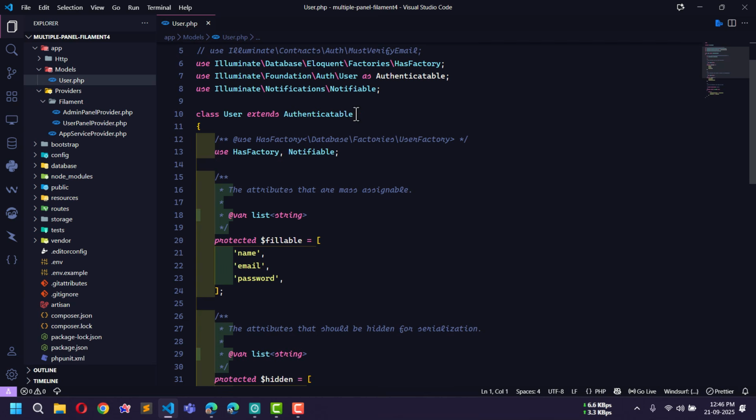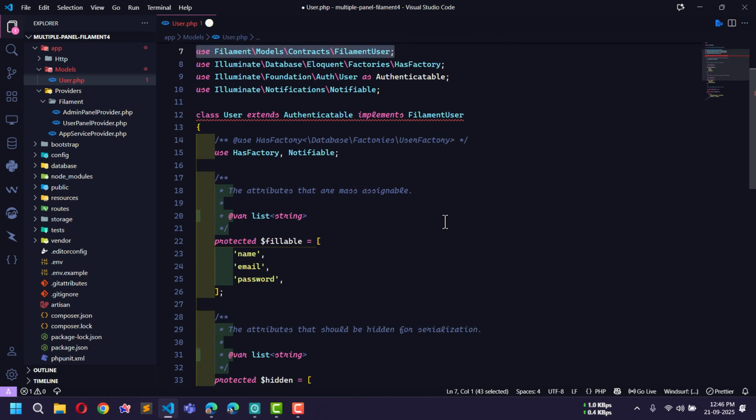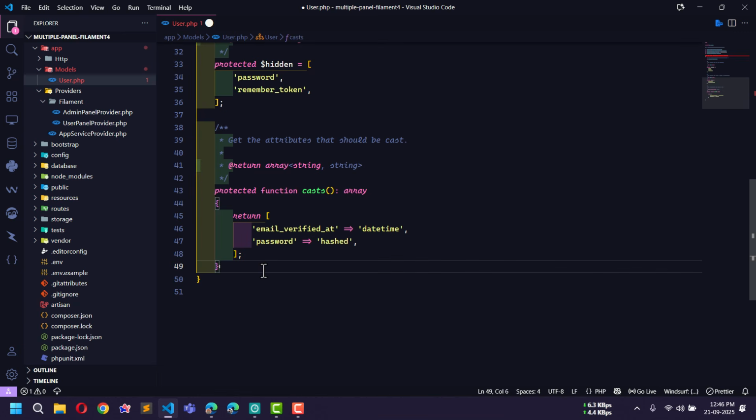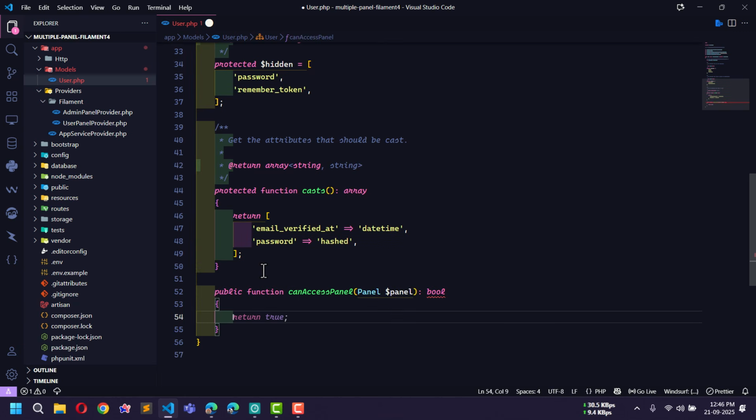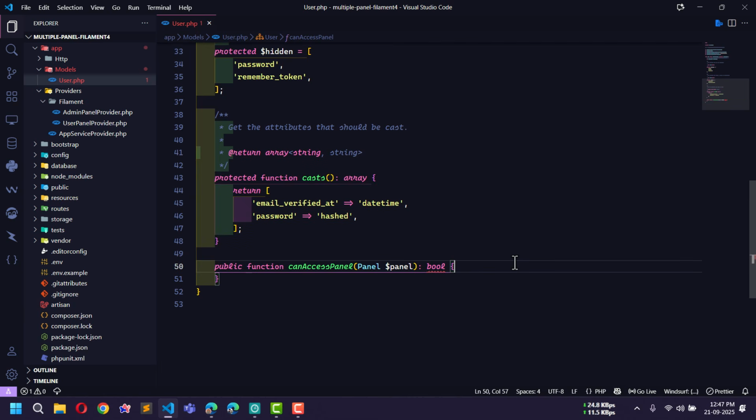Now here I will use implements FilamentUser and make sure to import this class, and just below here I will define a public function canAccessPanel, and inside this panel I will check the condition: if panel getId is equal to admin,